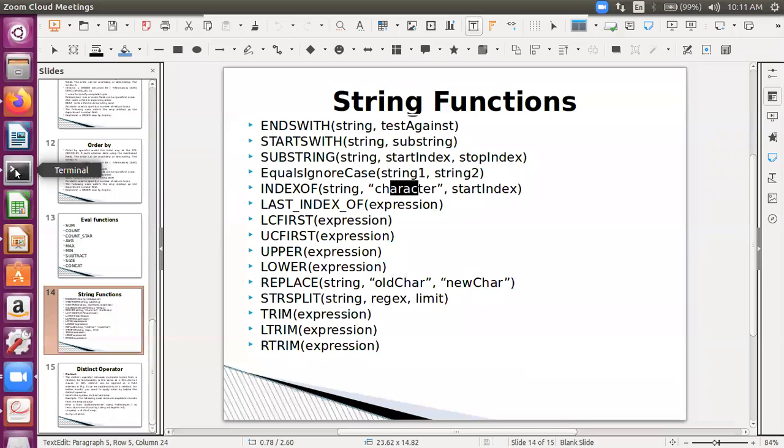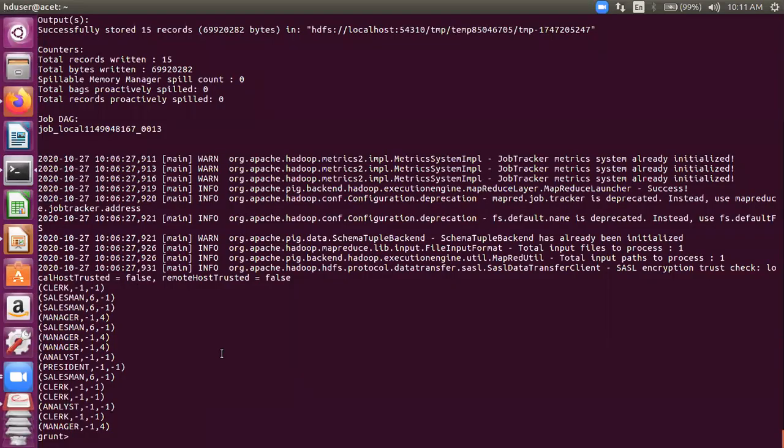All these four LC first, UC first, upper and lower in one query itself. So let's have a quick projection with the foreach. So foreach X, generate LC first, say B, the column B, UC first B, lower.